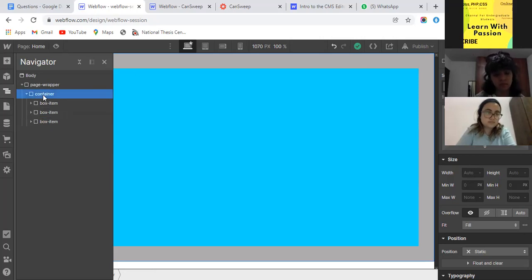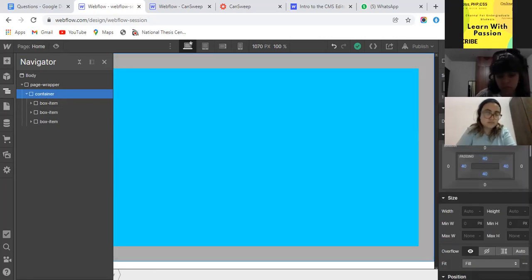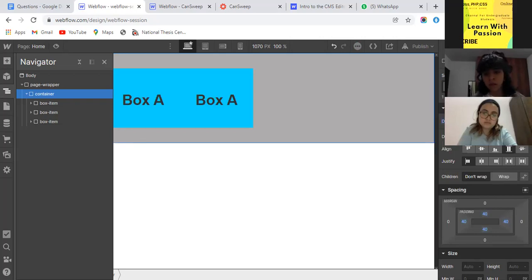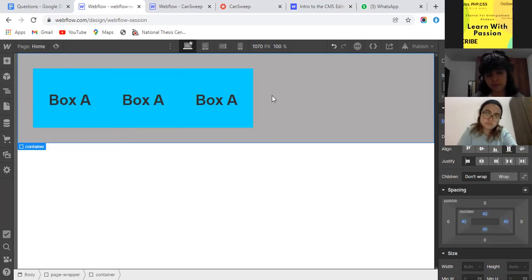Just select the parent container, which is the parent of these boxes, and go here to display. On the second option we have the flex layout. Just click on it, and by default it changes into a horizontal layout.